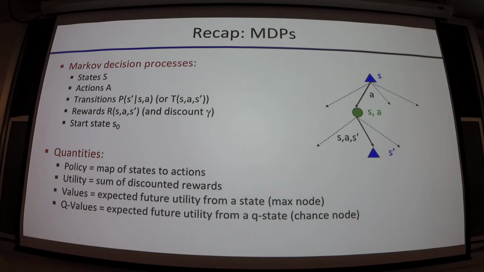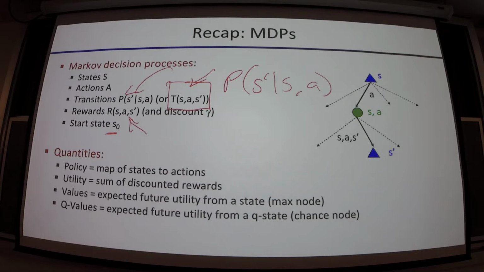Okay, but these are conditional probabilities. Basically, we define this transition function, but what it really is the probability that you land in state S prime given you started in S and chose A. Right? Okay. With every one of these transitions, we have some notion of reward. Right? And then in order to actually do some simulation, we also have some start state. So the idea is that we want to create an agent that maximizes its expected reward as it moves through the world, right? And the world has been approximated by this model.